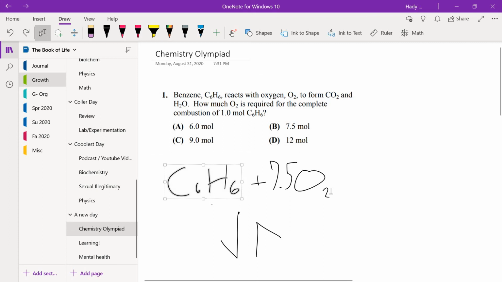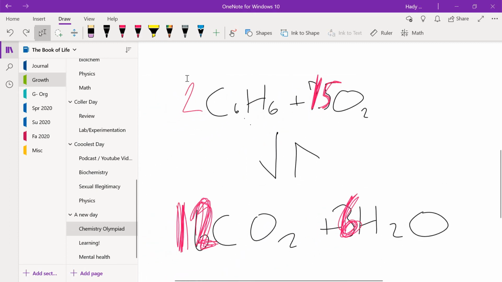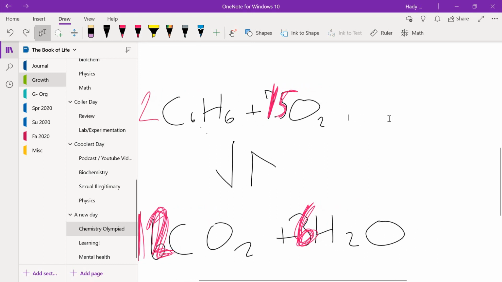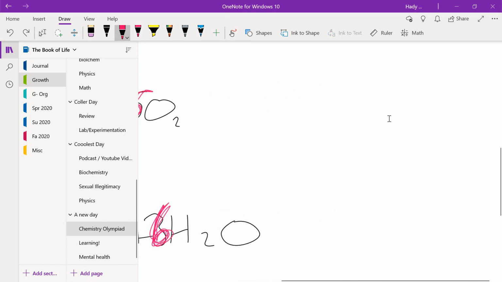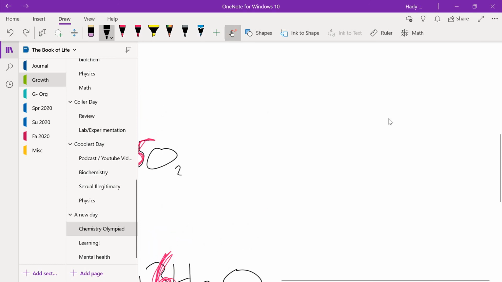Well, you're going to need about, even here, you're going to assume it doesn't even matter, because you're going to assume that you have 1 mole of C6H6. So if you plug that into the equation, you have 1 mole C6H6